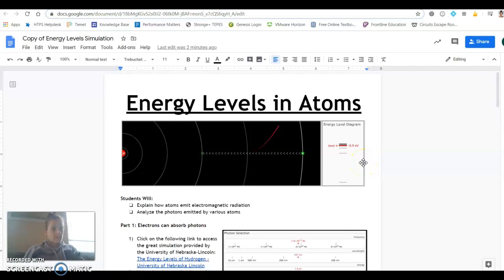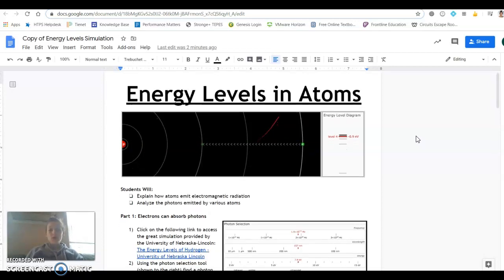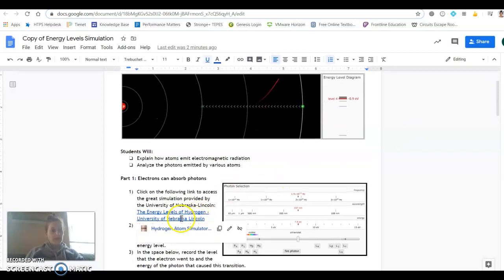Guys, here are just a few things if you feel like you're getting stuck when you go to do the assignment today. We're going to be evaluating how energy can dictate the way that electrons move through the different orbital levels, so how they can absorb and emit energy. Once you open it and go to the link,